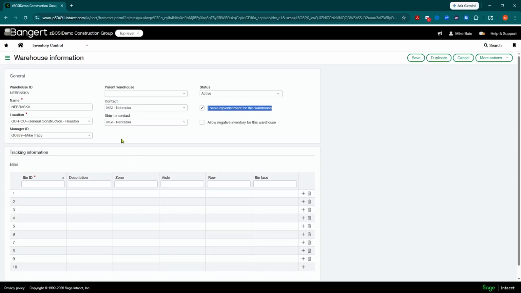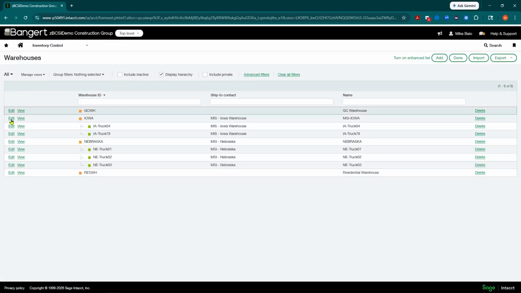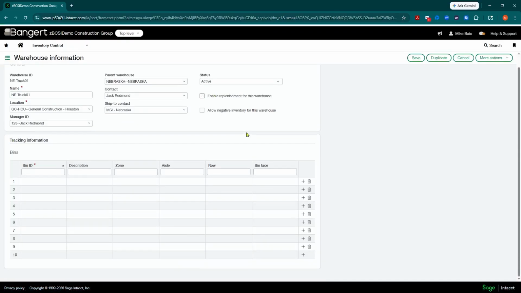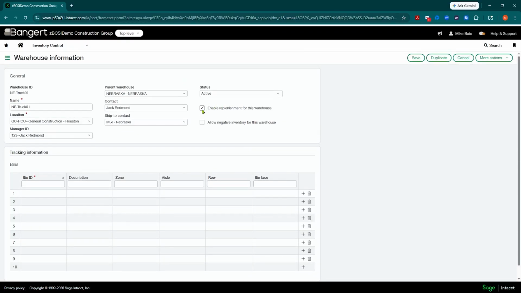Also, you'll see in my workflow example later in this video, we're also going to send Mike Tracy an email saying, hey, you have a new replenishment request via a smart event. So you might want to set up a manager, or whoever you want to use, to get notifications on new purchase orders that were created. This is one area you can pull the email address from in your automatic notifications. And then you can also elect, I didn't do it, but you can also elect here, like for your truck stock, when I hit edit, I might not want to turn that on for that. So I can turn off replenishment.